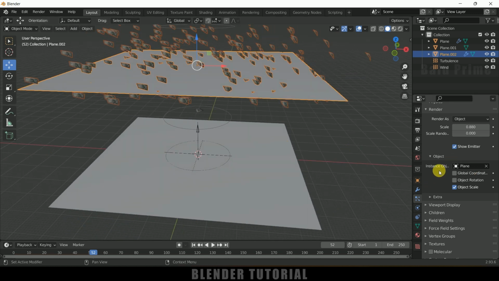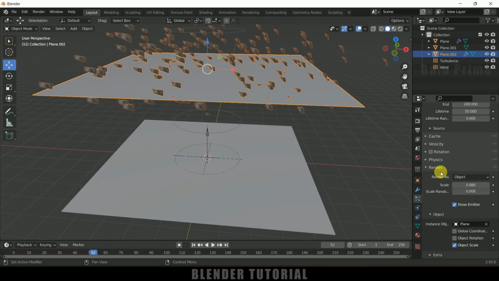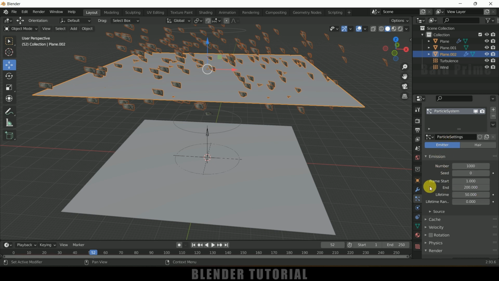Okay, so for that, let me come to these particles once again. First of all, let me change this frame start and end. Frame start, let it be 1. End frame, I will increase this to 350. Because I have increased the cloth simulation end frame to 350, I will make this timeline end frame 350 also, and also this particles end frame to 350. And the lifetime, let me change this to 350 only. Life randomness, we don't want that.